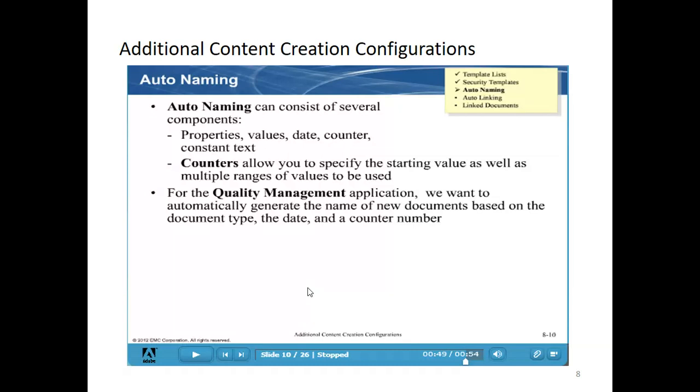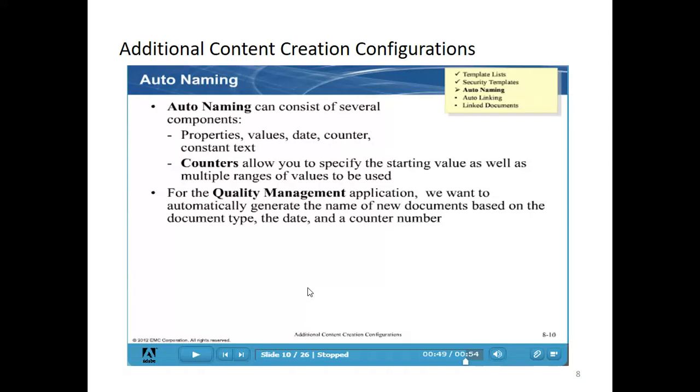Next is auto naming. As I said, auto naming helps give a dynamic name to the document created in the repository. The dynamic data can come from a property, a date, numerics, or a constant. You can define it however you want. Take an example in the quality management application: we want to automatically generate the name of the document with the document type in between.